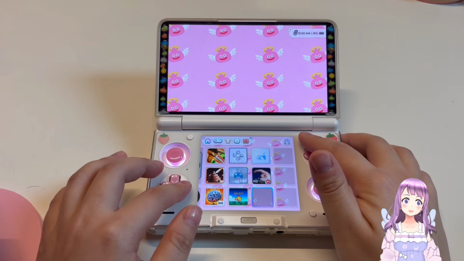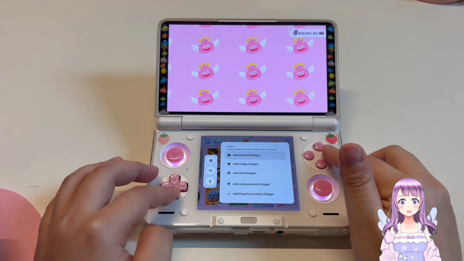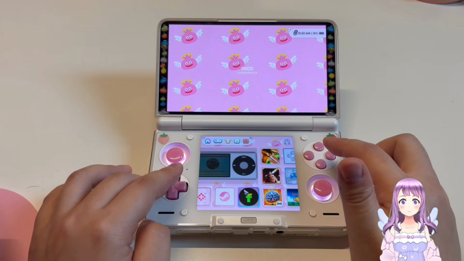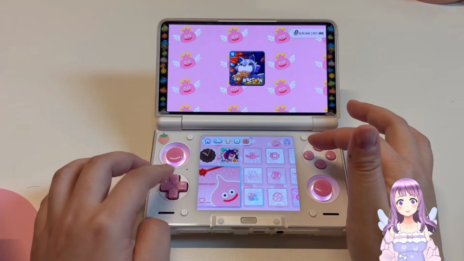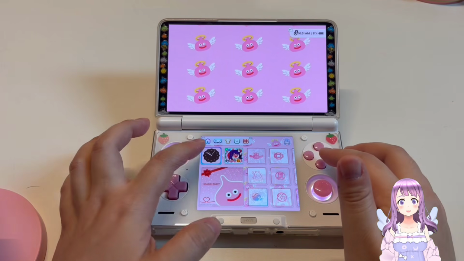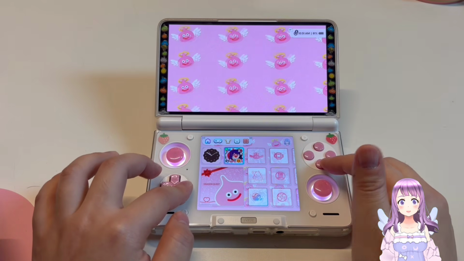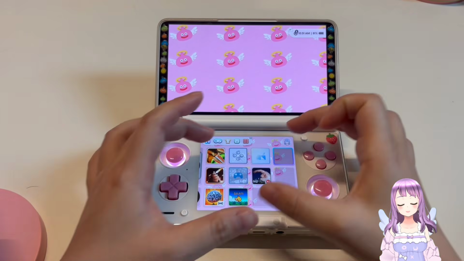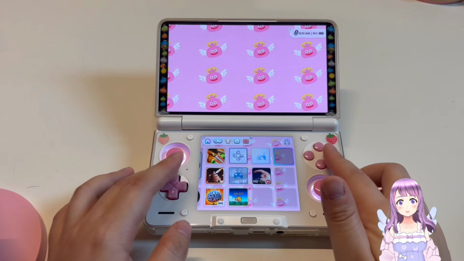Alright, so let's do another widget. Now we are going to add an Android widget, which is the same as what we are doing for this music player and this clock here. I actually like this clock a lot. And you know, it's a working clock, so it's quite useful when you are using the second screen as the launcher and launching something on the top screen. Anyways,